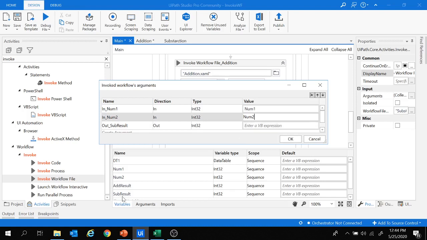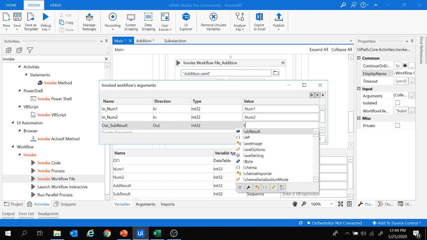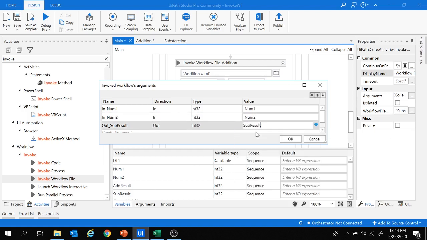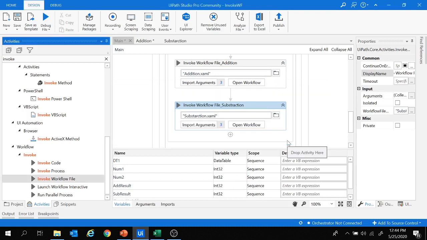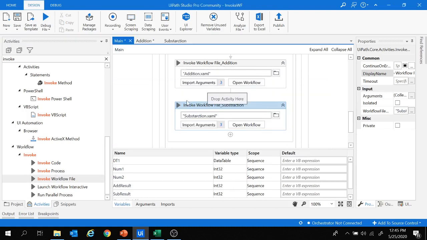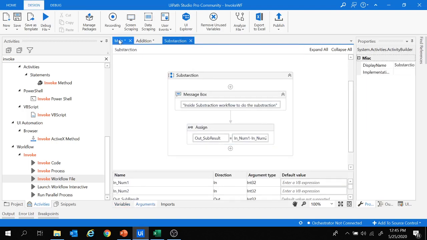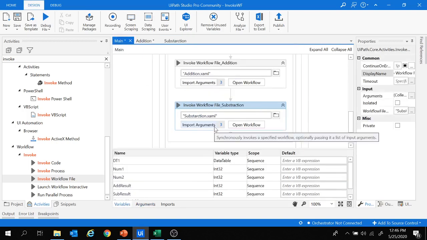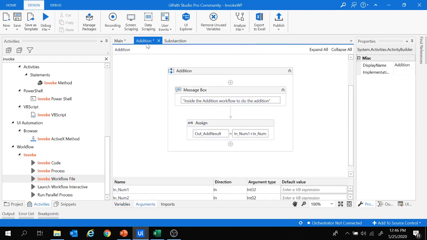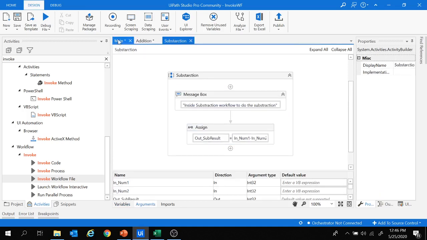This is the sub result variable which we created under the main workflow. So let's provide the variable as sub result, and let's click on OK. Using these two activities, we integrated this addition and the subtraction workflow under the main workflow, and also we got the values of add result and sub result from this addition and the subtraction workflow respectively.